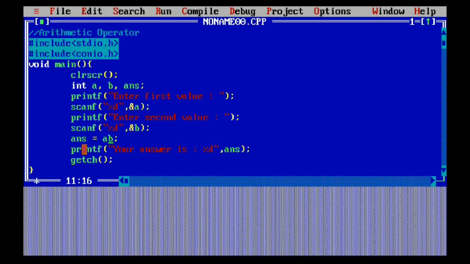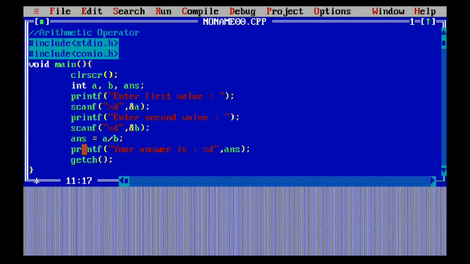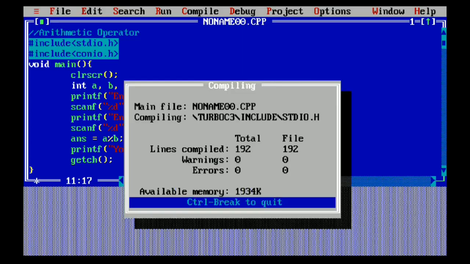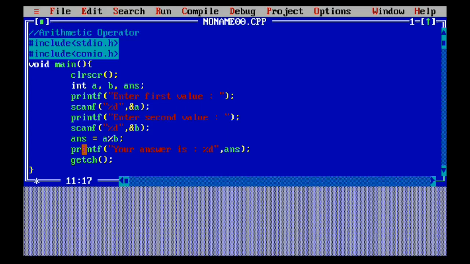Now we are going to see division. 6, 3, 2. Now we are going to perform modulus. Modulus is the remainder of division. I'm going to pass 7 and 2. So it will answer me 1. If we want to get the remainder, we can use modulus. So here we have arithmetic operators and their program.